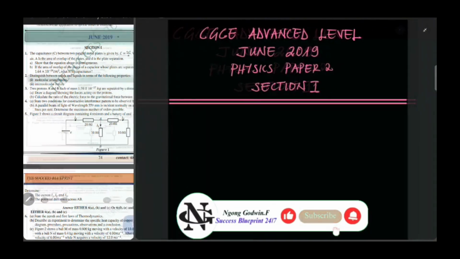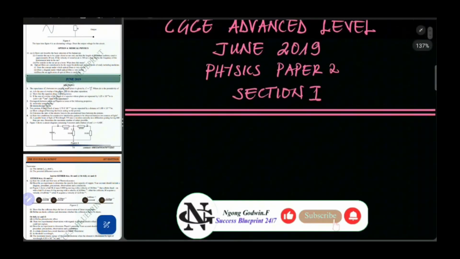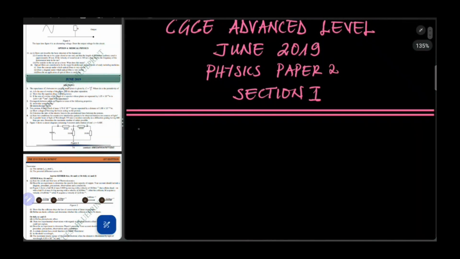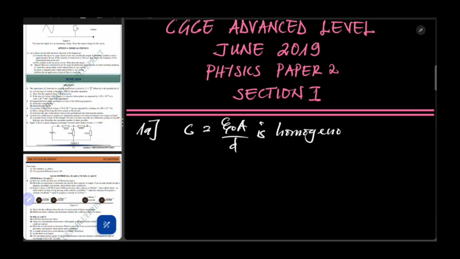Okay, now to show that, question 1a, to show that C equals epsilon naught A over D is homogeneous, we first of all need to understand what is meant by a homogeneous equation. Generally, a homogeneous equation is one in which all the summative terms in the equation have the same base units